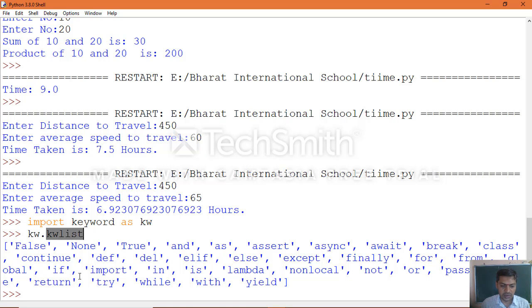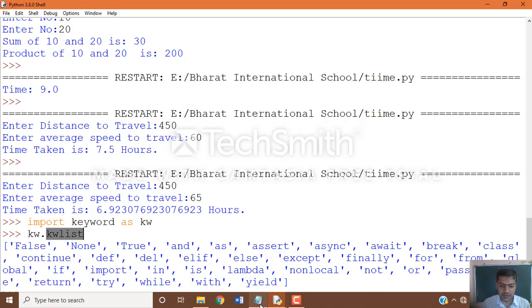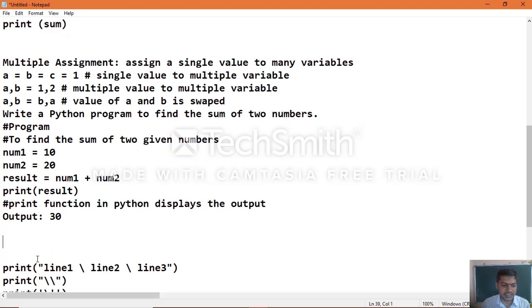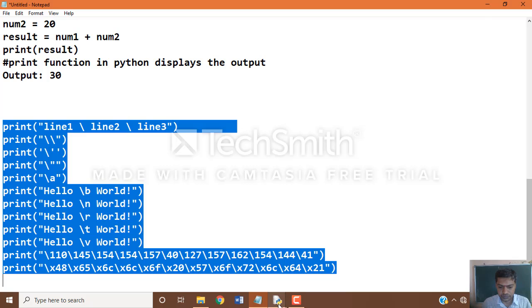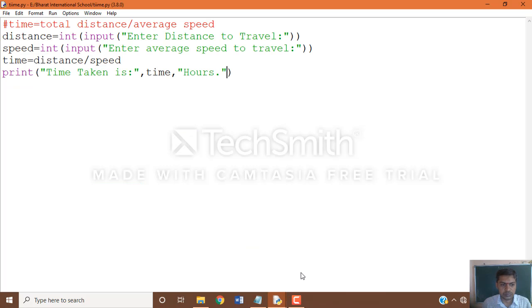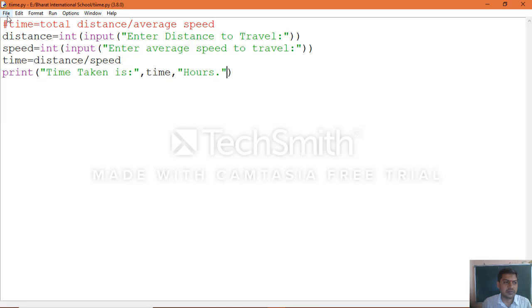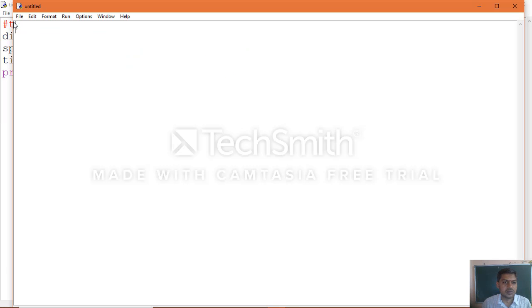Okay, now we will see another example, that is the escape sequences which we saw yesterday. That program will execute all the escape sequences. We'll see how we get the output.